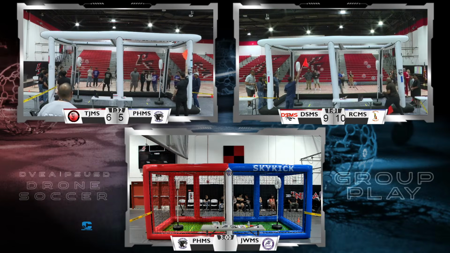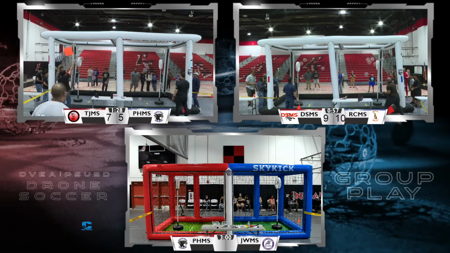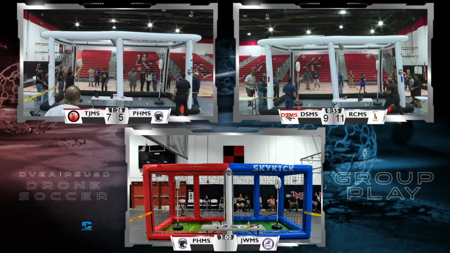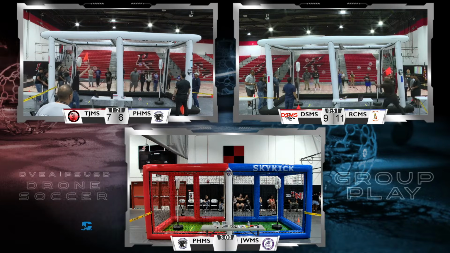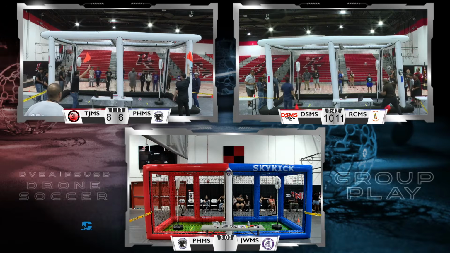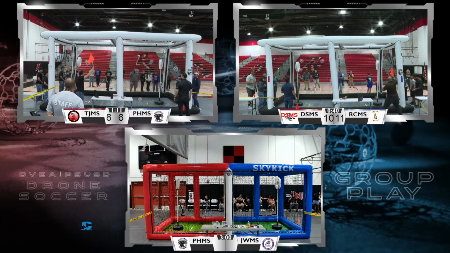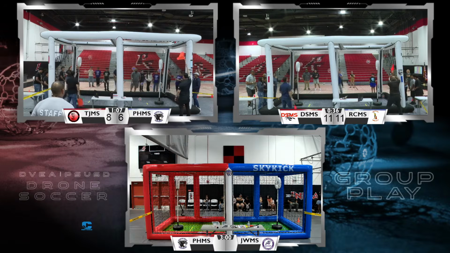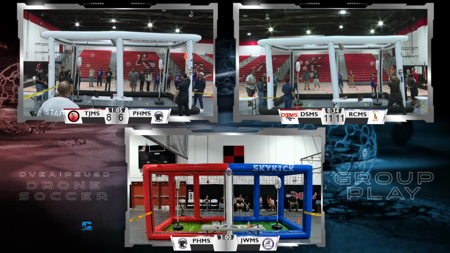You can see that the line judges will raise their flag, or the side refs will raise their flag once a score has been made. And if you see them pointing, that's for a drone that needs to retreat back across the center line before they're able to fly again. And that's when you'll see the flag will remain up. It will stay up until all drones from that team are able to pass back across the center line in order to be able to score again.